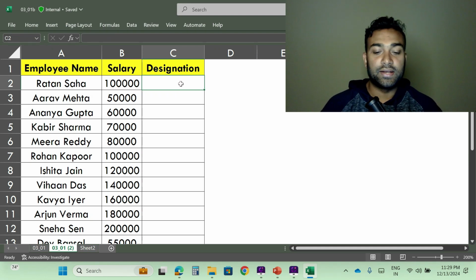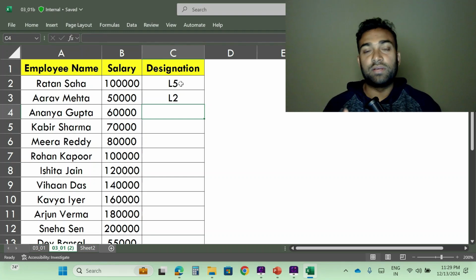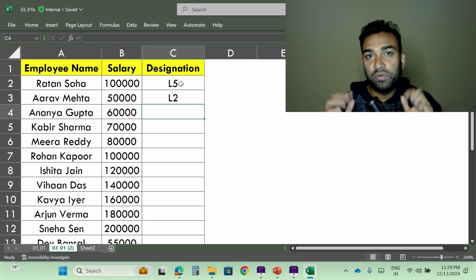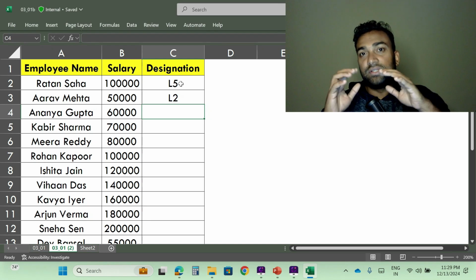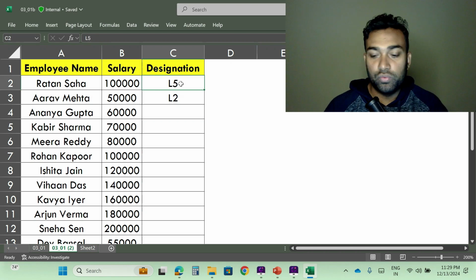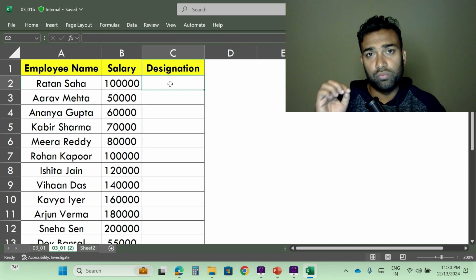Instead of writing again and again, suppose I write L5 like this, then L2 like this, that kind of thing. Instead of doing it manually, suppose you have a large data, at that time it will be a little critical to manually enter all the detailed information. Okay, so if you create a drop down list, and within that range you select your data, it will be easier. So how will we do it? We will select